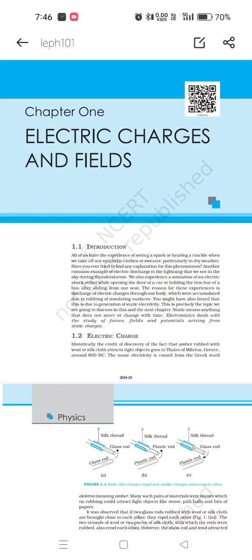Electric charges and fields. So in the first page where the introduction is given, it tells about the thunderstorm, lightning, and why we see a spark or hear a crackle when we take off synthetic clothes. And it is written that we experience a sensation of electric shock either while opening the door of a car or holding the iron bar of a bus after sliding from a seat, which is due to the discharge of